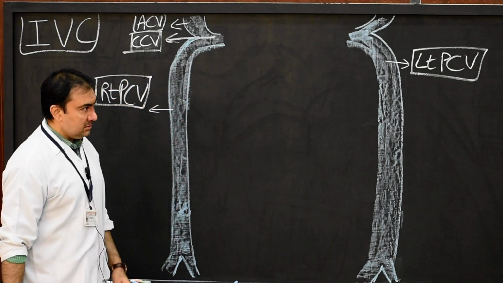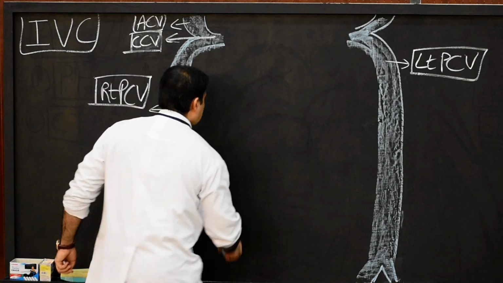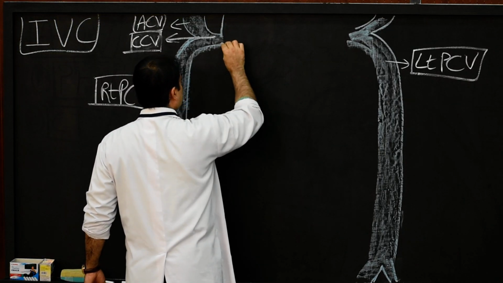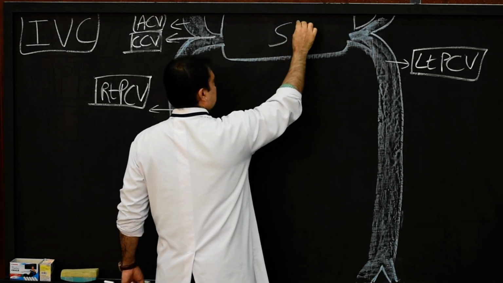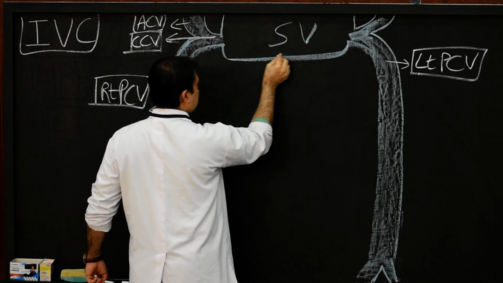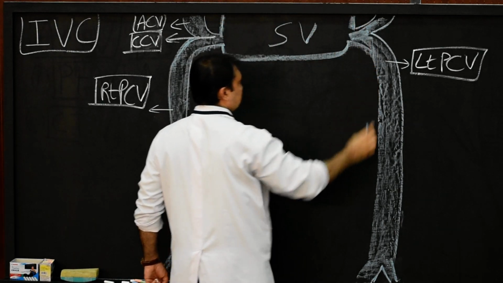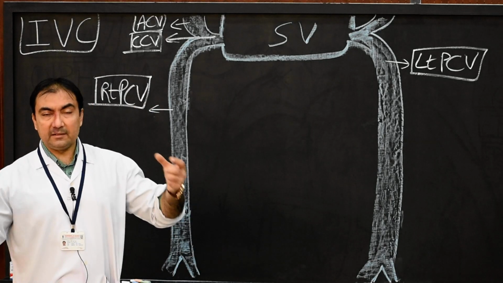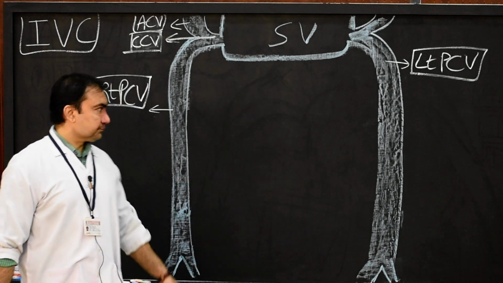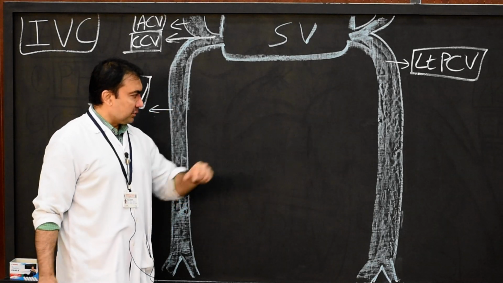Now through this common cardinal vein, it will open into sinus venosus. So this structure here will be sinus venosus. We know that, we have discussed it also. So the common cardinal veins will open through the coelomic duct lateral side into the sinus venosus. Now here, right and left posterior cardinal vein,